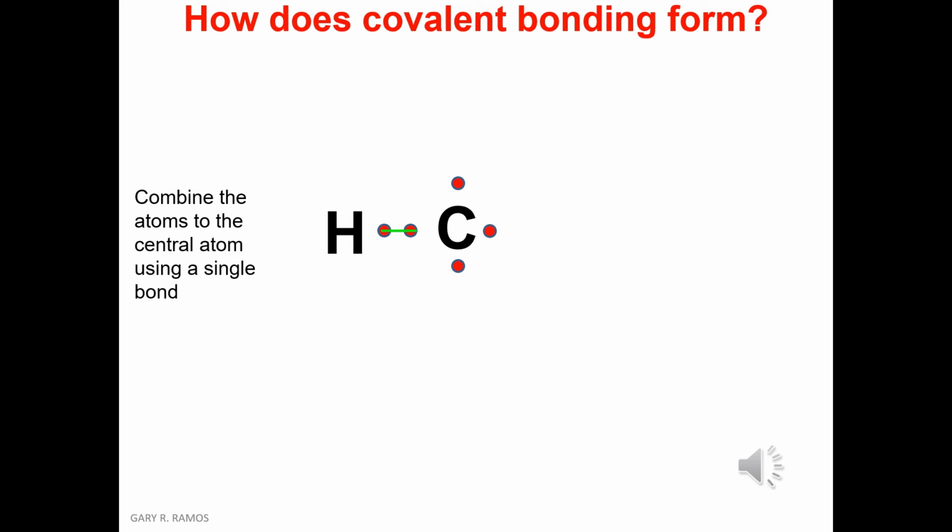Hydrogen has one valence electron and it will be shared to carbon. The carbon will share its valence electron to hydrogen, making the total number of valence electrons in hydrogen 2, which is stable. And for the carbon, the total now of valence electrons would be 5. However, it is not stable. Thus, the carbon will react to 3 other hydrogen atoms.